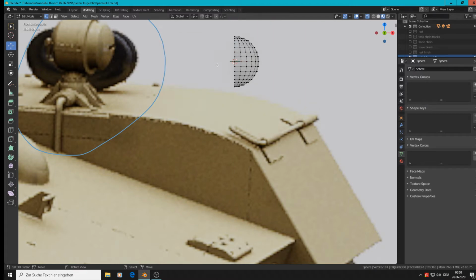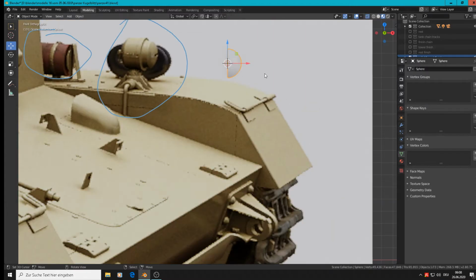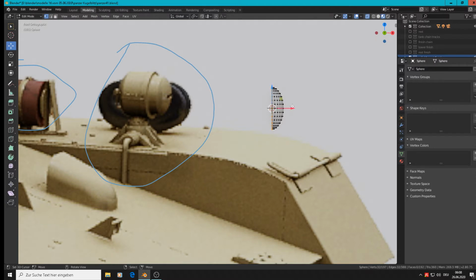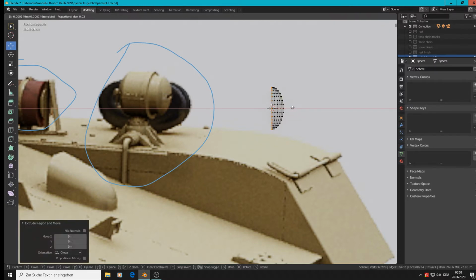Delete the backside. Get this one, scale X, make it smaller. Then take the back loop, extrude, scale, extrude back,